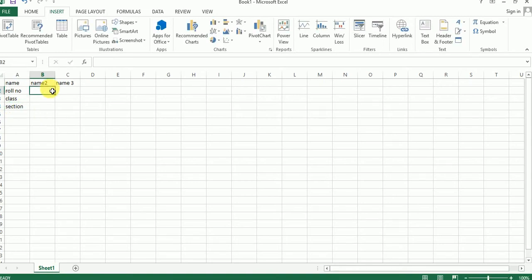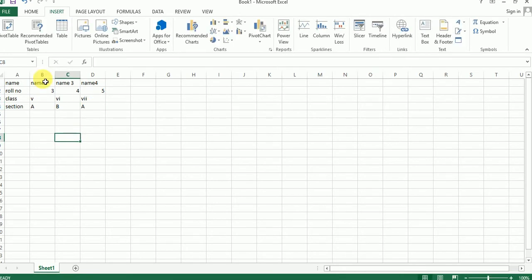Now you can type, suppose roll number is 3 and name 2, name 3, roll number is 4, and name 4, roll number is 5. And class: name 2 class is 5, name 3 class is 6, name 4 class is 7. Section: suppose section A, section B, and class 7 section A.